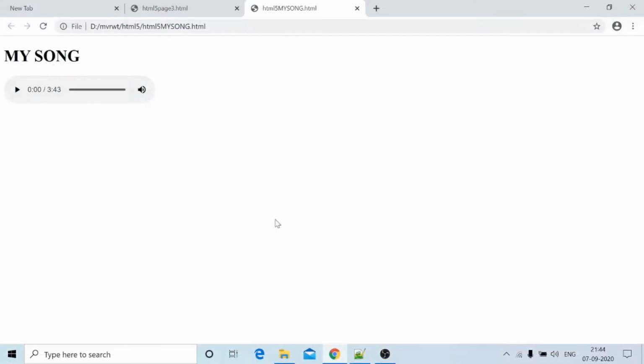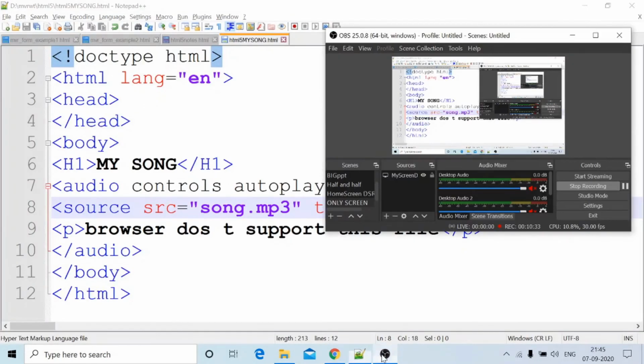After completion, it will play the song once again if the autoplay option is set. Okay, this is about the settings of the audio tag.